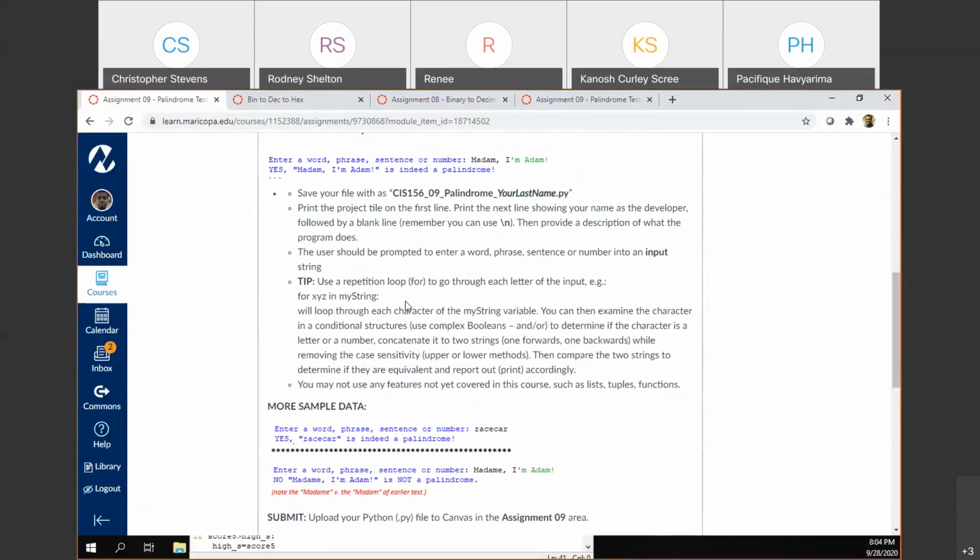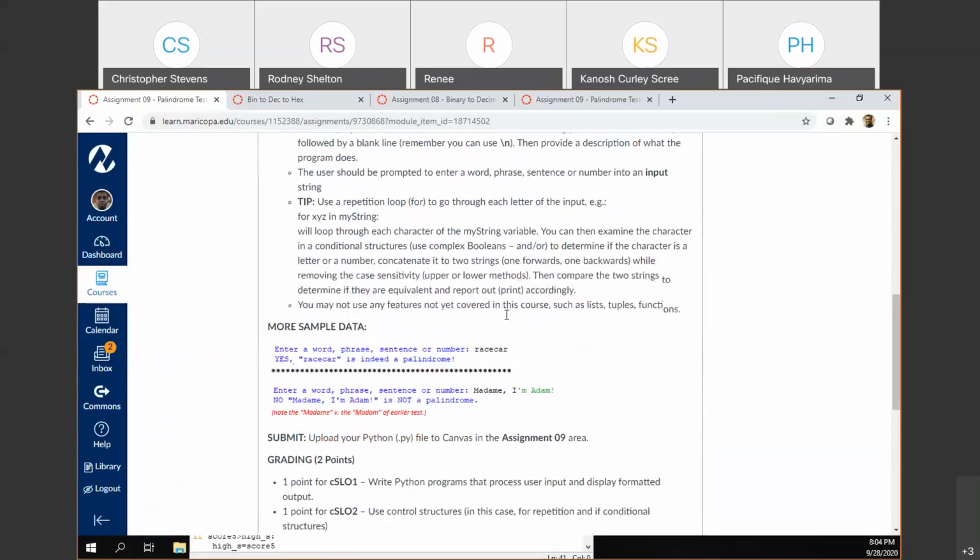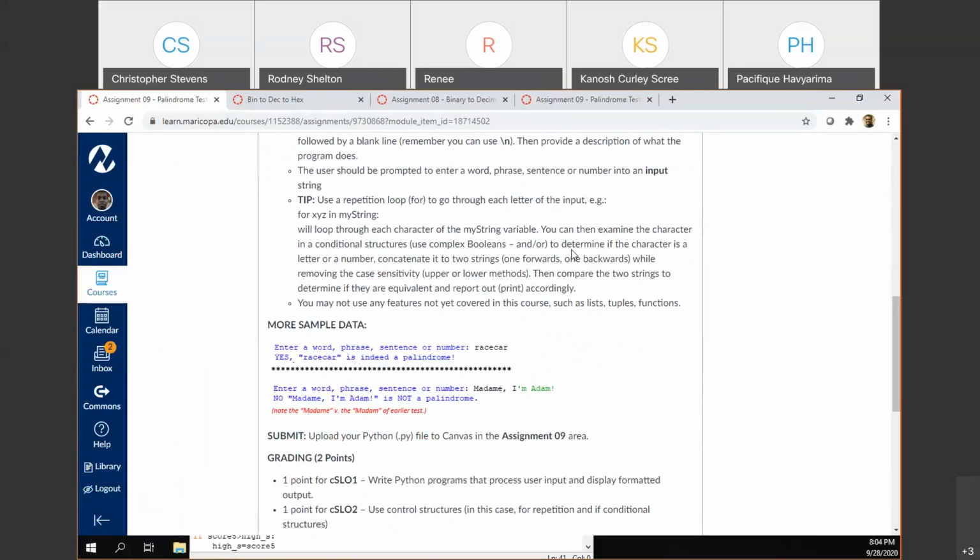It says to use a repetition or a loop in order to go through each letter of the input. So it even gives you a little thing there. While, that's supposed to be a while loop, will loop through each character of the myString variable. You can then examine the characters in a conditional structure to determine if the character is a letter or a number. Concatenate it to two strings, one forwards and one backwards, which you guys know about now, while removing the case sensitivity, maybe an upper or lower. Then you can compare the two strings to determine if they are equivalent and report out